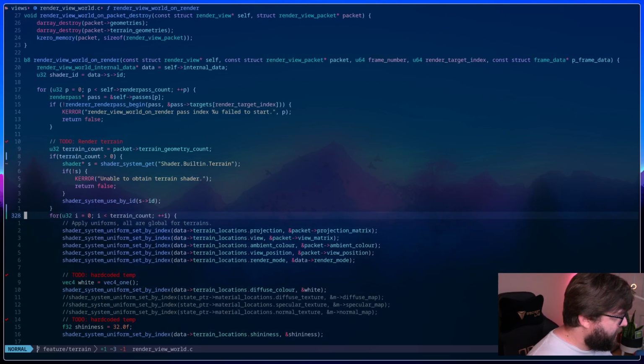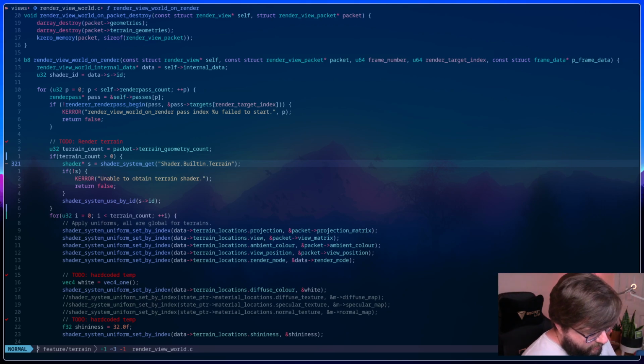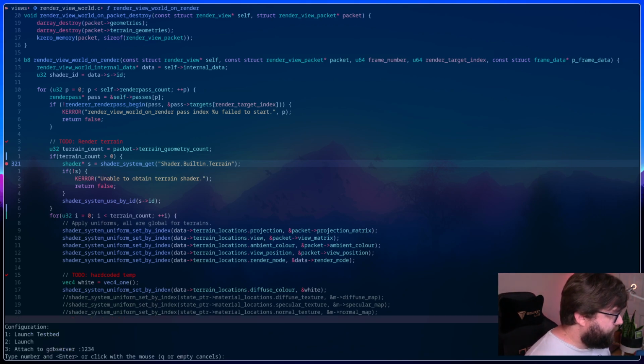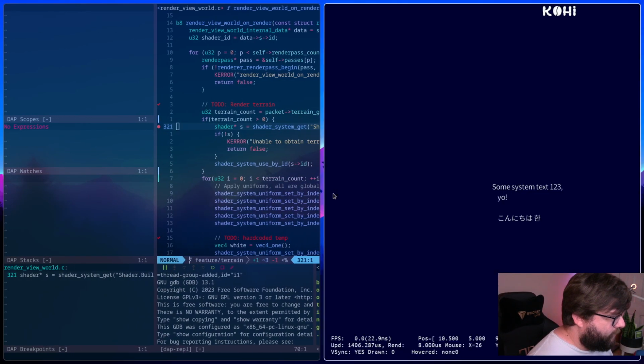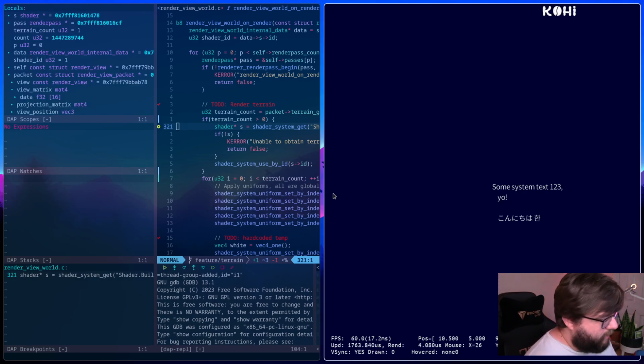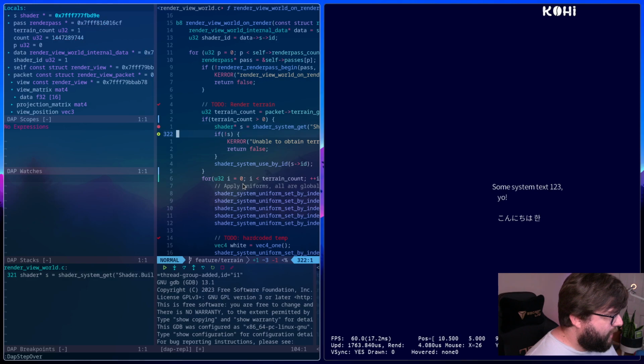So we have the terrain here. I guess we'll just step through this again, right? So if we have a terrain count greater than 0, we'll just step through this real quick. All right, so we'll load. We'll go ahead and, so we do have the shader.